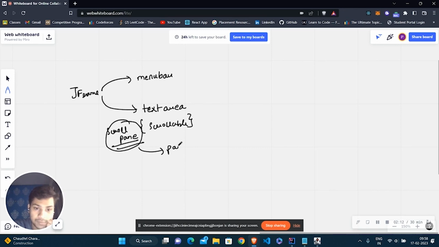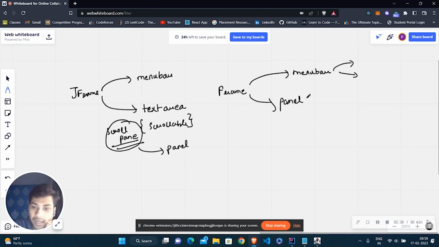So our new structure will be something like this. Our frame, we had the menu bar, and there were some menus inside it, we don't need to talk about that. But instead of having the text area directly, we will be having a panel.